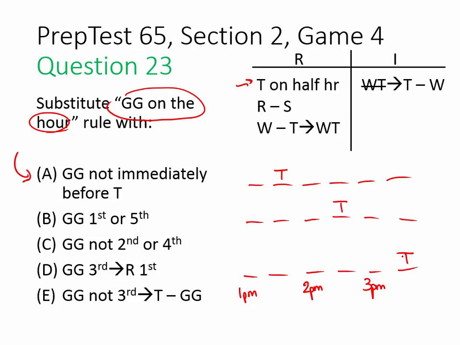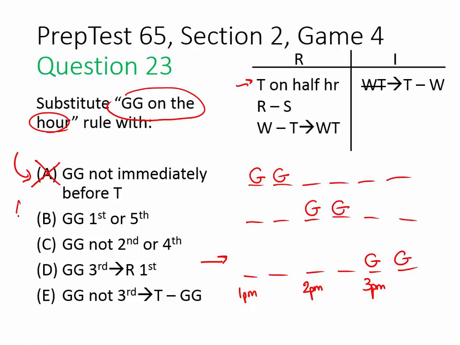So for instance, in this set right here, the third scenario, we know that G can't go right here. Sure, fine, the rule does prevent that, but it says nothing about G being able to go right there. And as we can see now, that actually breaks with our original rule. Thus, answer choice A is not restrictive enough. It doesn't give us enough information to fully match our original limited options, which, to get them right back up there again, stated that G had to be there, there, or there.